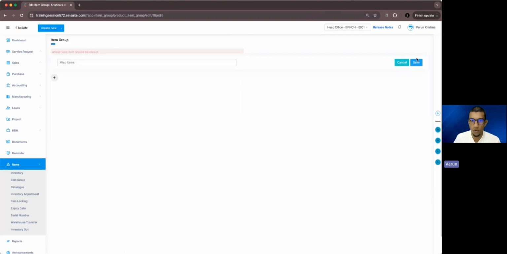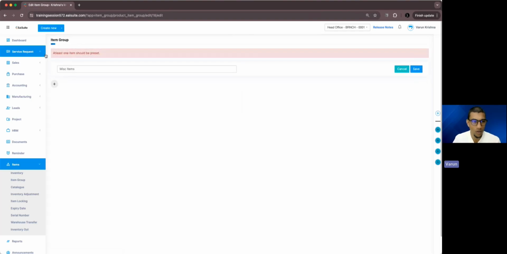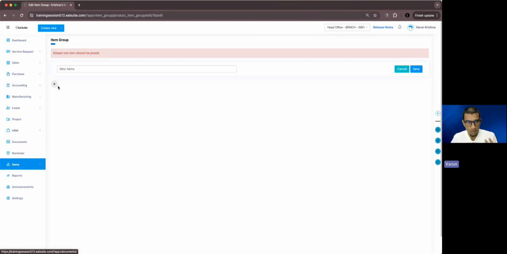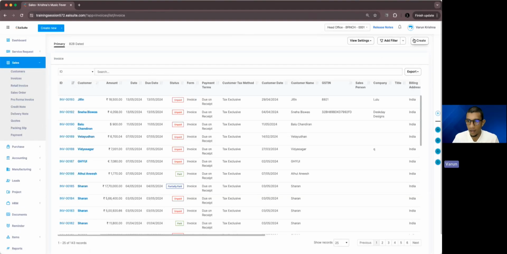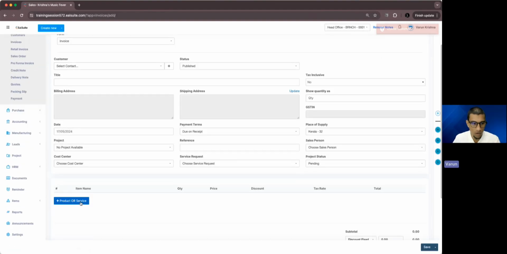Now I think I won't be able to show this kind of a deal right now, because after this bug was fixed, we have created a validation that at least one item should be present. Imagine there was an item group in which there were no items and you're creating an invoice. So in such a situation, when you're